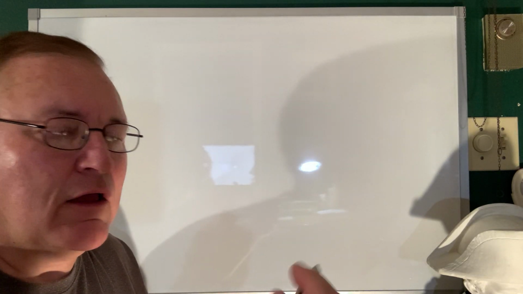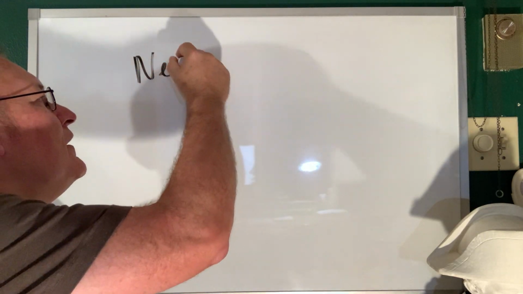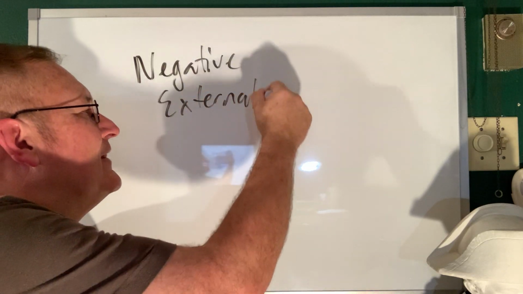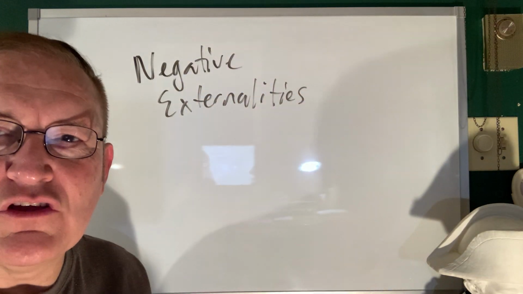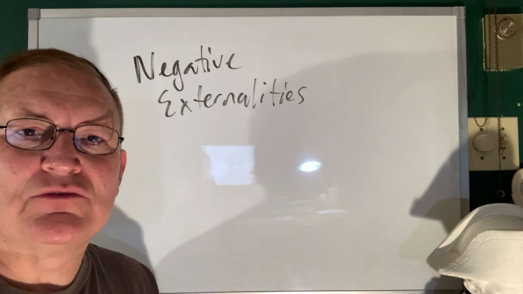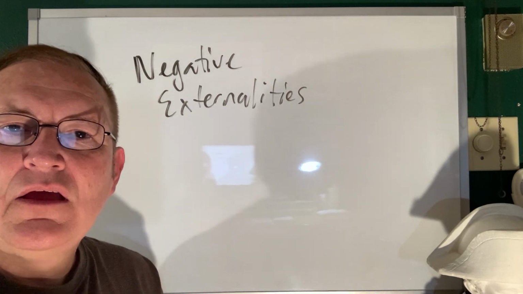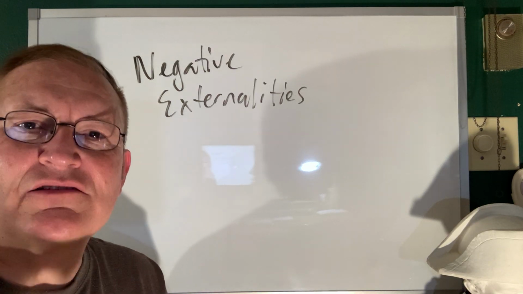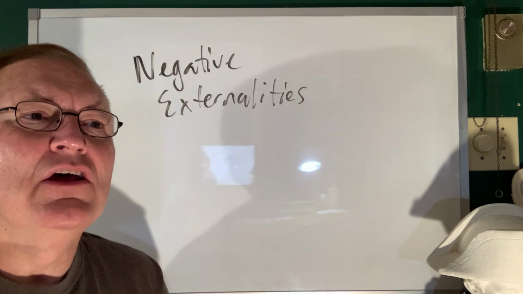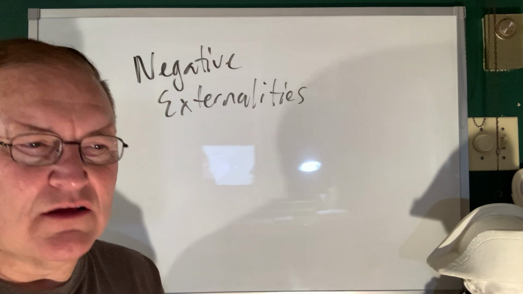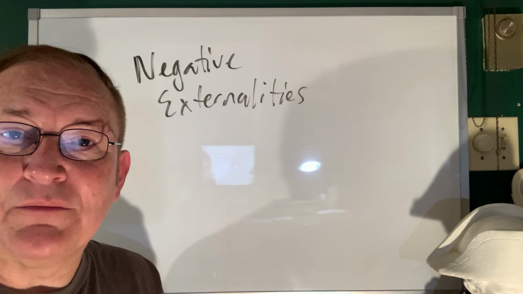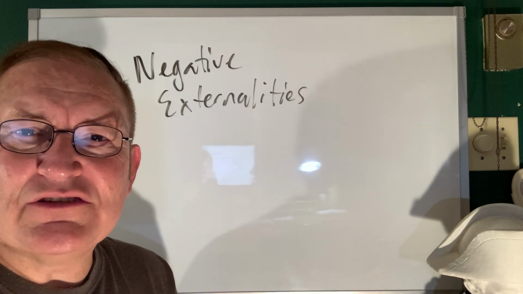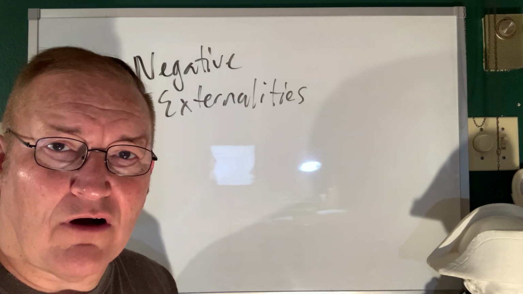So in reference to negative externalities. All right, so if you go back and look at the video on negative externalities, we talked about them, we defined them, and we talked about the government's response to them, right? So how does the government correct for negative externalities? We talked about policies, and we talked about regulation, and then we talked about that Pigovian tax, right? And those are all government responses. But it turns out that sometimes the government doesn't need to get involved, right?